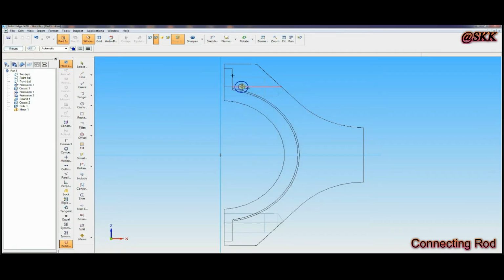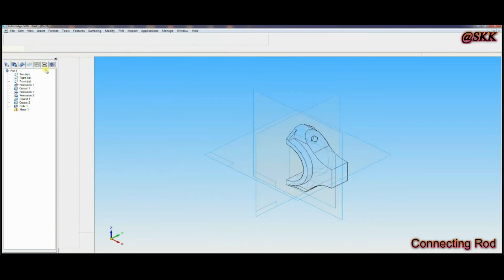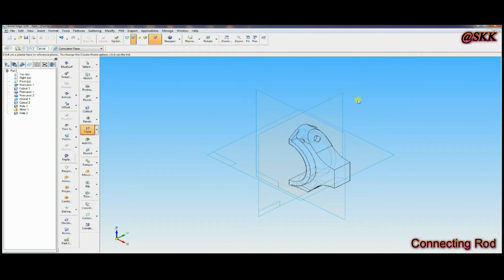Then click the hole circle like this, then go to distance between, distance should be 11. Return, move the cursor in our direction, then go to mirror, select that hole, then go to smart, then right click.